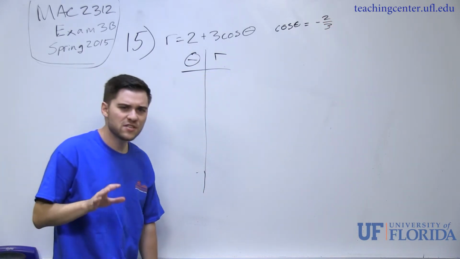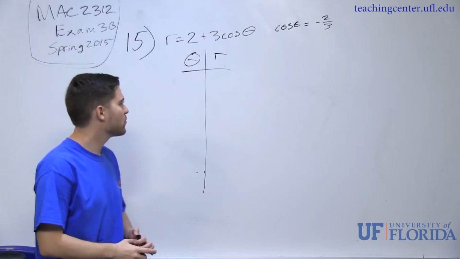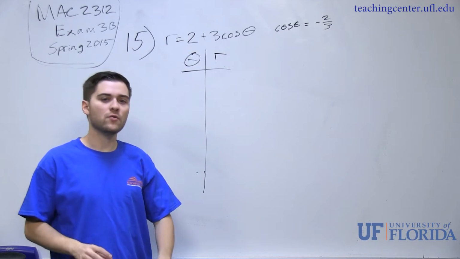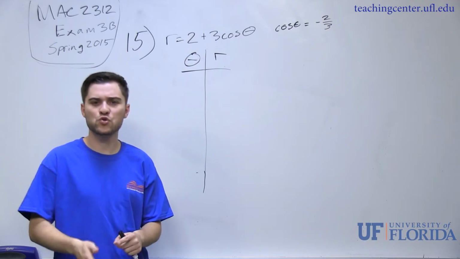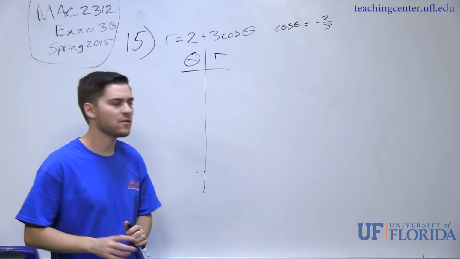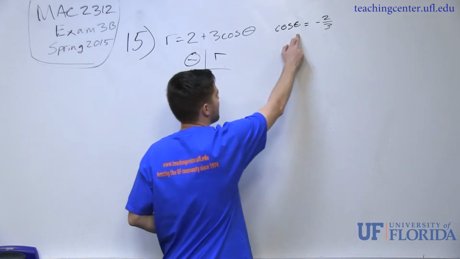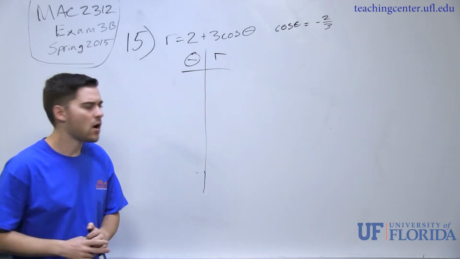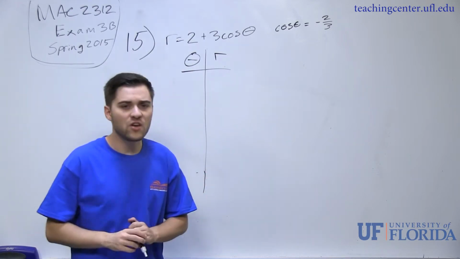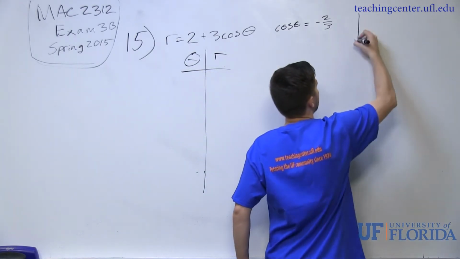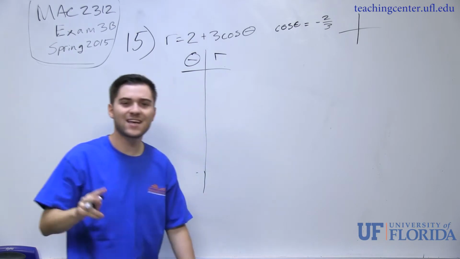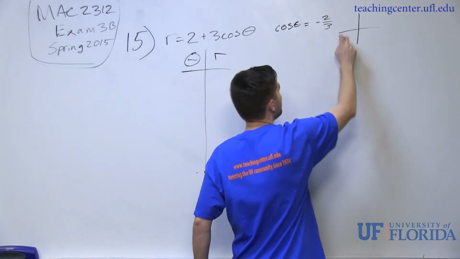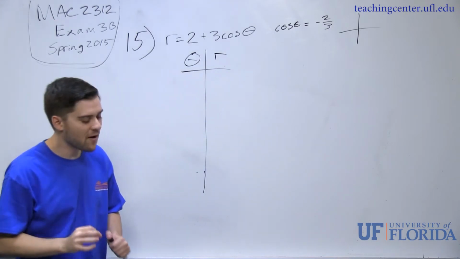So again, this is kind of a weird value, right? There's not necessarily an exact value for this that we know. We know square root of 3 over 2, square root of 2 over 2, 1/2. We know values like that for finding theta measures. But cosine of negative 2 over 3 is kind of an odd one. But it does fall within a unit circle. So again, keep in mind that cosine has to be negative in the second and third quadrants. So that means that there are going to be two values associated with this,